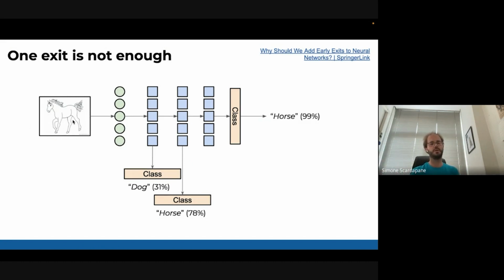So for example, this is a horse, maybe a very easy horse to recognize. So if you imagine that you have early exits, which are these classifiers attached in the middle of your neural network. If some of you are old enough to remember Inception from Google, Inception had a similar way of training in some variants.